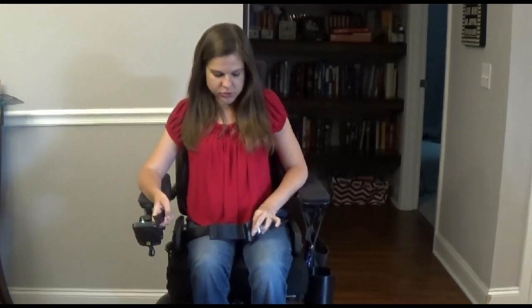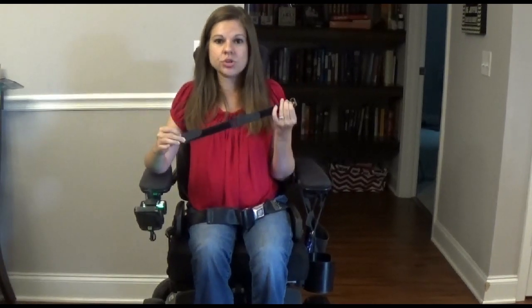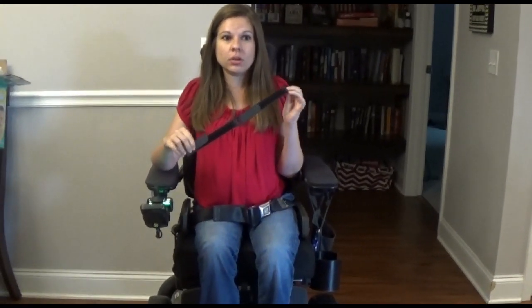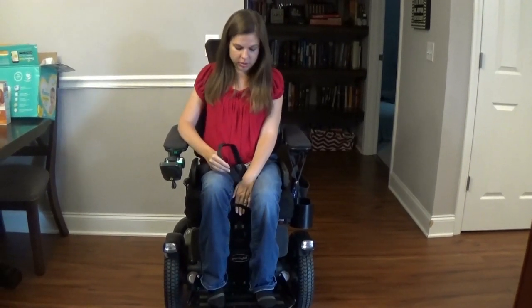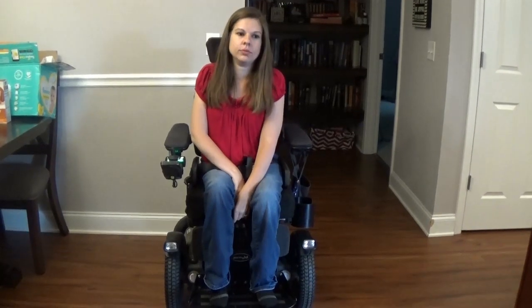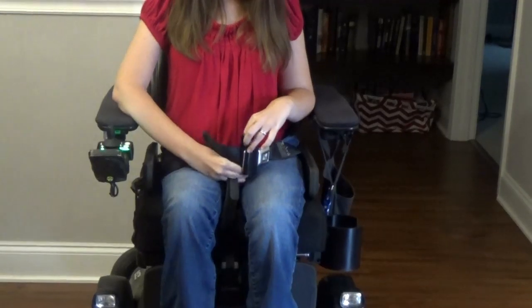I take Levi for walks around our neighborhood, and buckling him into the seat with me used to be enough so that I could still have my hands free if I needed to do anything, but now he likes to squirm and try to get out of the seatbelt. So I found a Velcro strap that I can use to buckle him into the seat even more. It's two Velcro straps together because I just didn't buy one long enough. But I have a strap here on the seat of my chair, and I put it down under the strap, goes in front of or behind the seat belt,